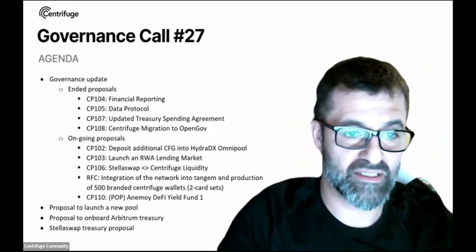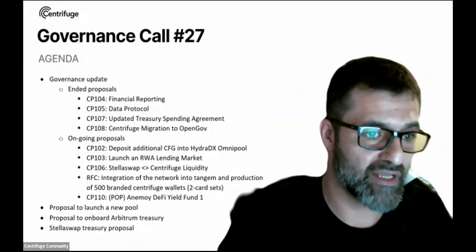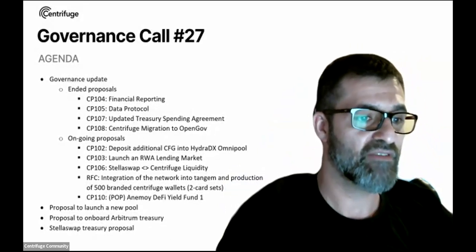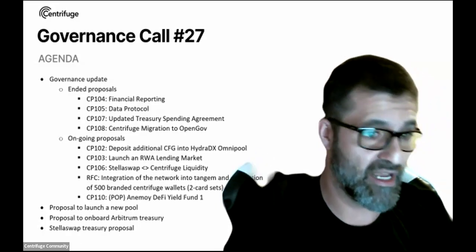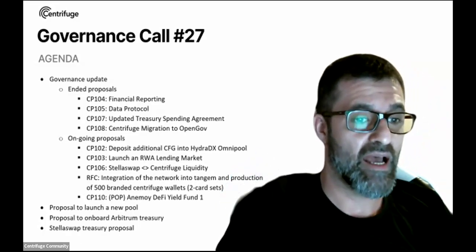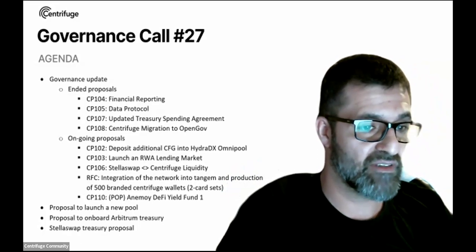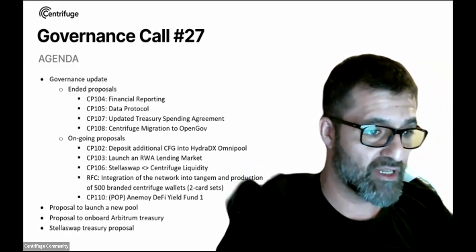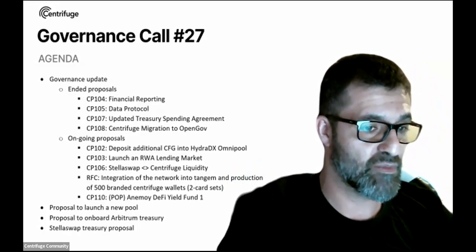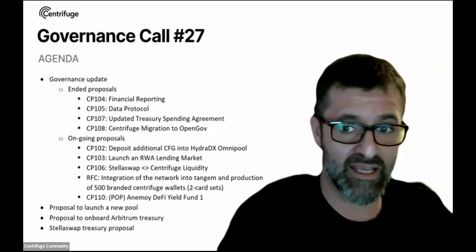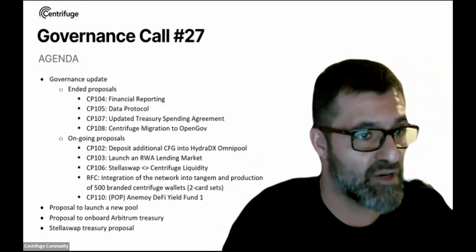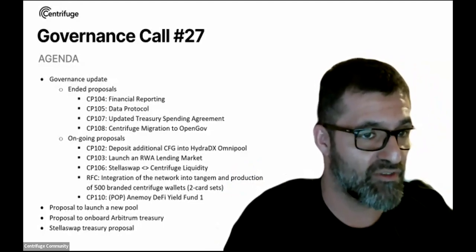proposals that passed the snapshot vote, and that is CP104 financial reporting, CP105 data protocol that we're going to hear about in a minute. And then there is CP107, the updated Treasury spending agreement, and CP108, Centrifuge migration to OpenGov. All of those proposals passed, and since we didn't have a chance to hear about CP104 and CP105 in the